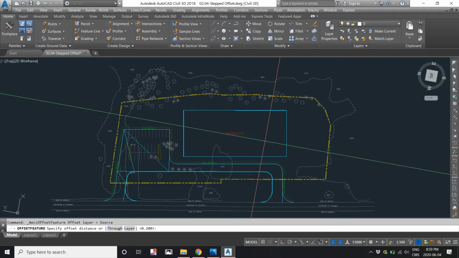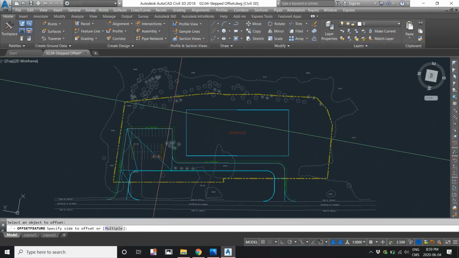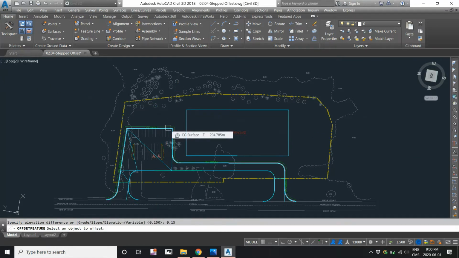We want to specify an offset distance of 0.2 meters, which is the width of the curb. Select the bottom of curb feature line, and I want to offset to the top of curb, so I'm going to click here when it prompts me to specify a side to offset. Specify an elevation difference of 0.15 because that is the height of a curb. So insert 0.15 at the command line and hit the space bar, and hit the space bar again to close